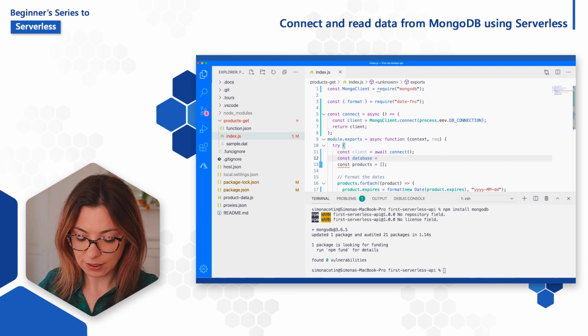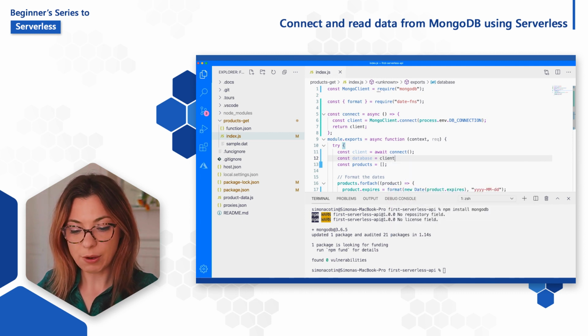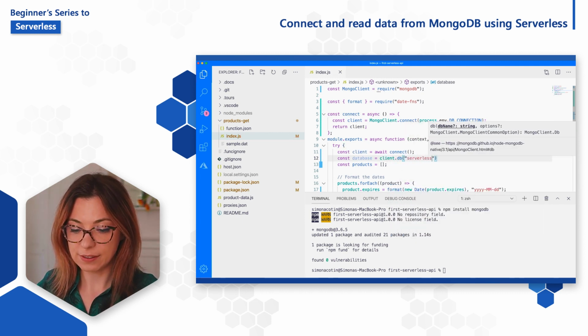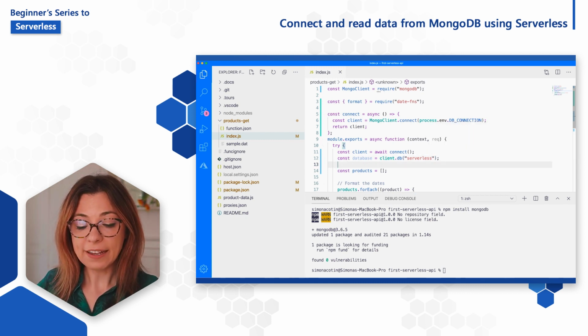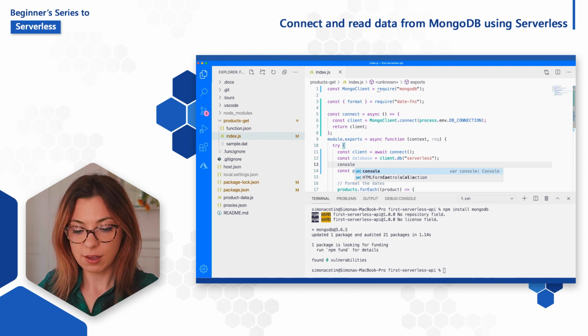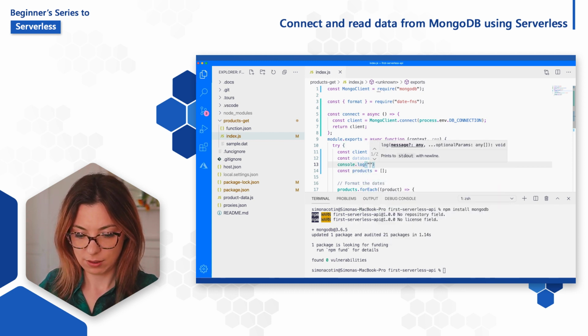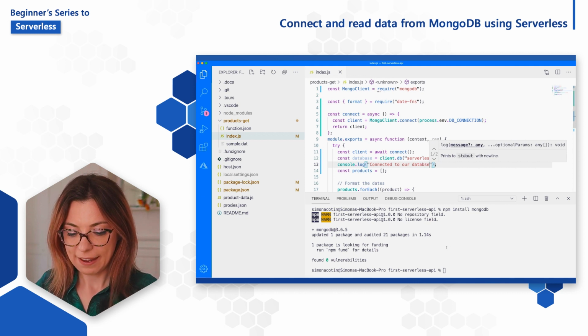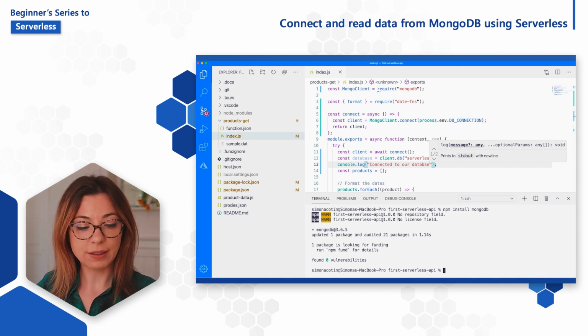And here I will use our client to select the serverless database. And just to test out that this is working correctly, I will console log connected to our database. And let me just go run this directly in VS Code.